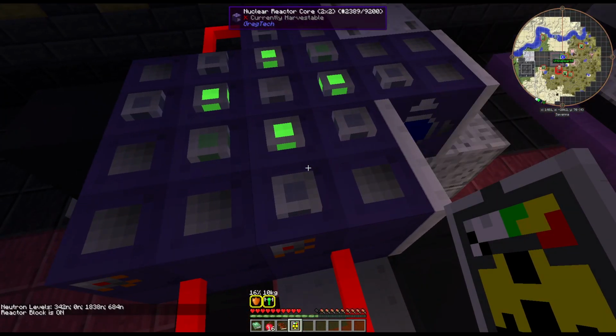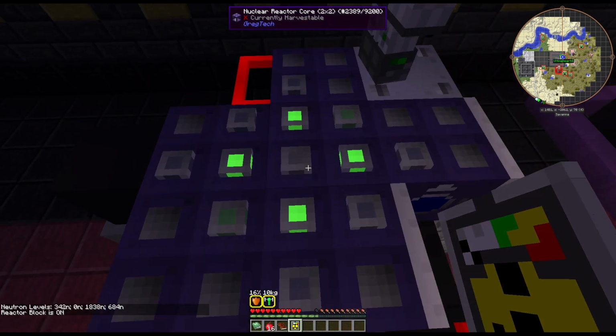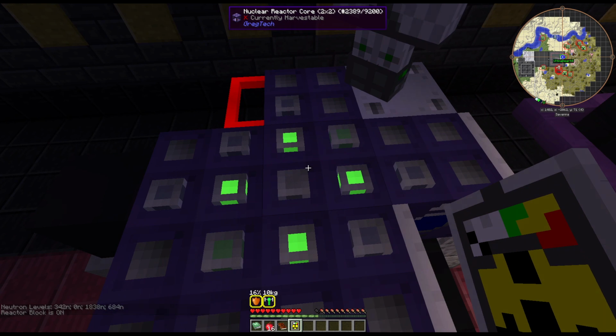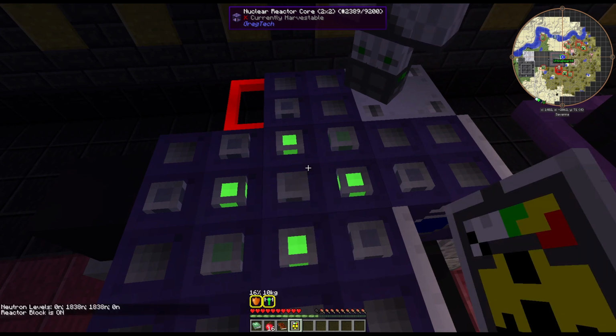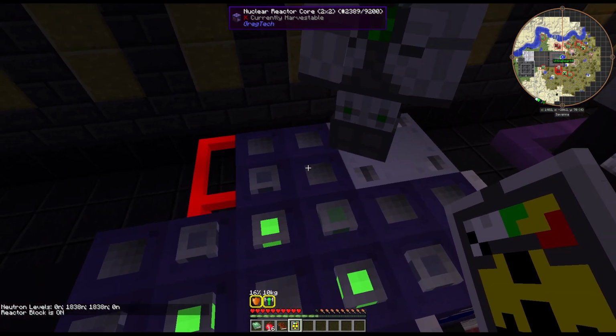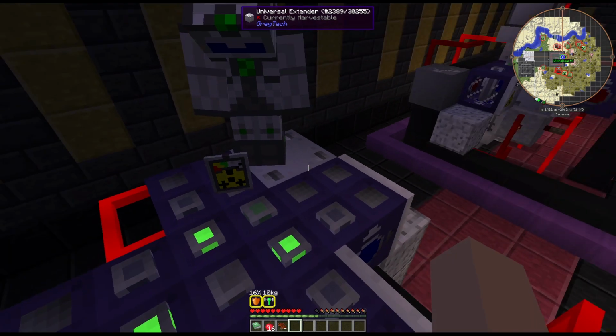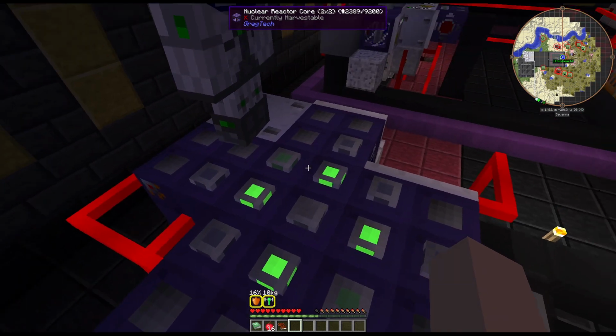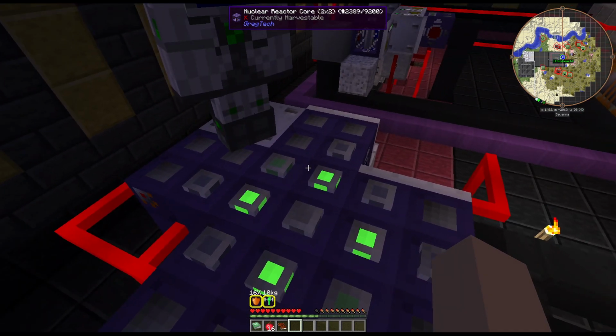The middle one is like the Neutron level 342, 1838, 684. Yeah, that's putting out a whole lot of neutrons. It maxes out the one. Oh, okay, it's slightly less than maxed out on the heat exchanger. Slightly, slightly less. And if I ever got any neutron closer, and 1 neutron is equal to 1